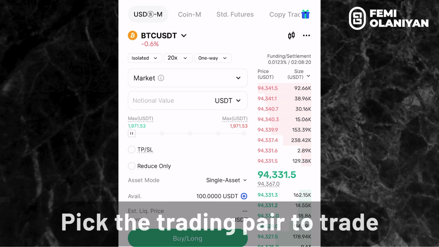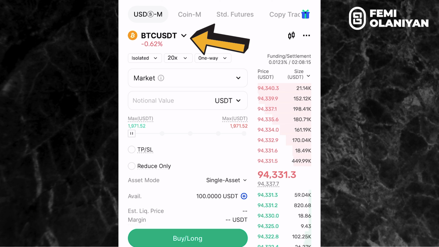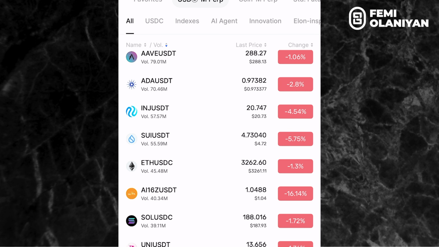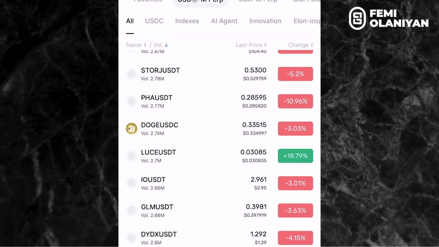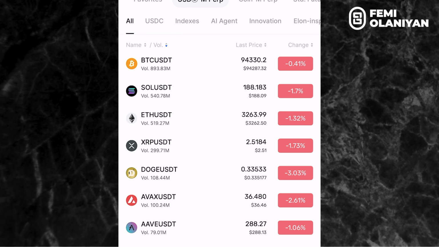Now, the first thing you want to do is to pick the trading pair you want to trade. To do that, you see where you have this BTC USDT. Just click on the arrow beside it, and then it brings out all the coins you can trade on the futures trading page on BingX. You can see that there are so many coins you can trade right here on the BingX futures trading page. So just come right here and pick whichever one you want